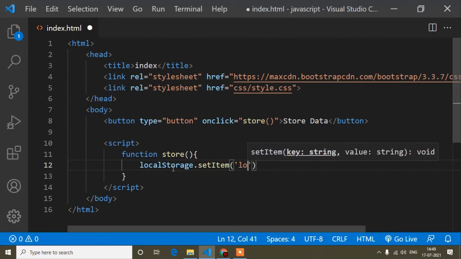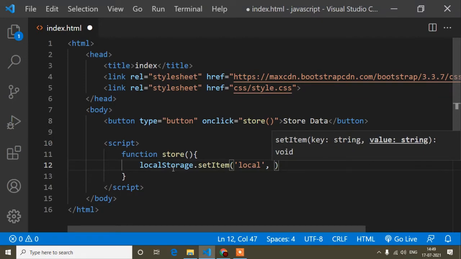Here I will write the name as local. After that you write a comma, and then the value which you want to store. The value can be an image, string, number, anything you can store in local storage.